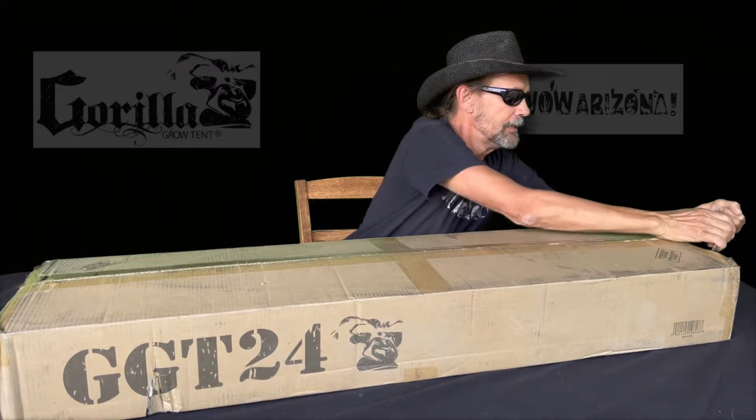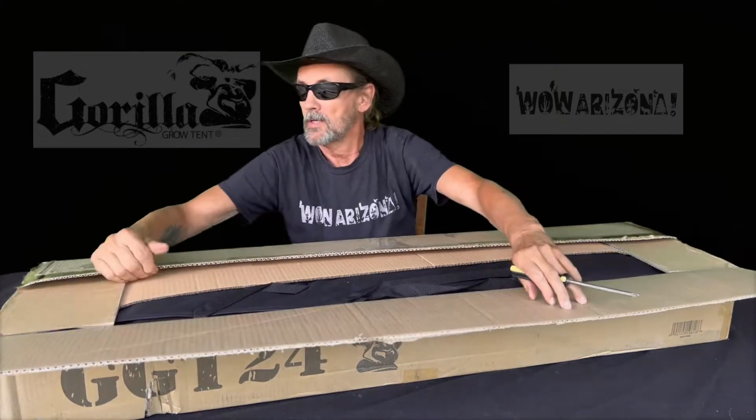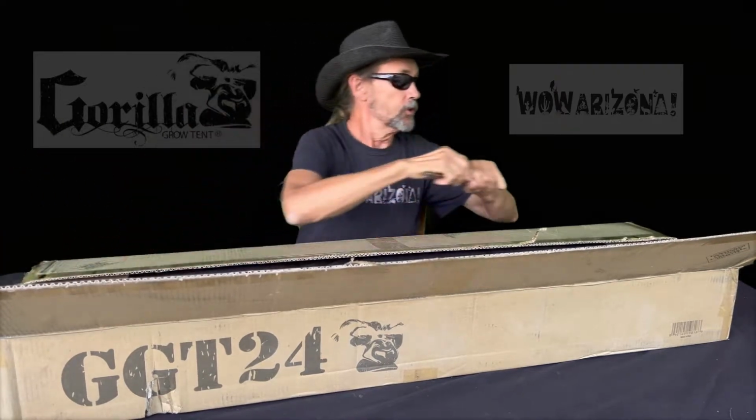cardboard barrier between the tent and you, so you don't screw it up like this. So that's gone. So this is the 2x4,